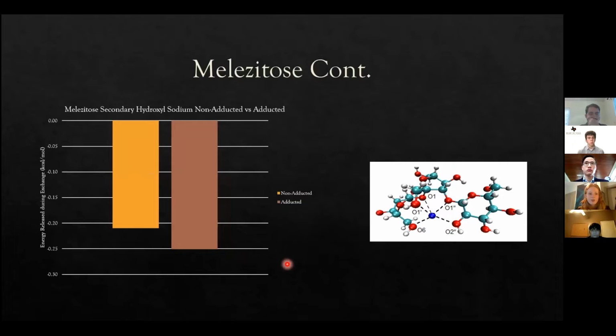We also wanted to compare the locations. So when we're working with secondary hydroxyls, we see that again, that adduction is having the greatest effect. So no matter primary or secondary, we were showing that, sorry, I was reading in the chat, yes. So no matter where that hydroxyl was located, the greatest effect was going to be whether or not sodium was there or not.